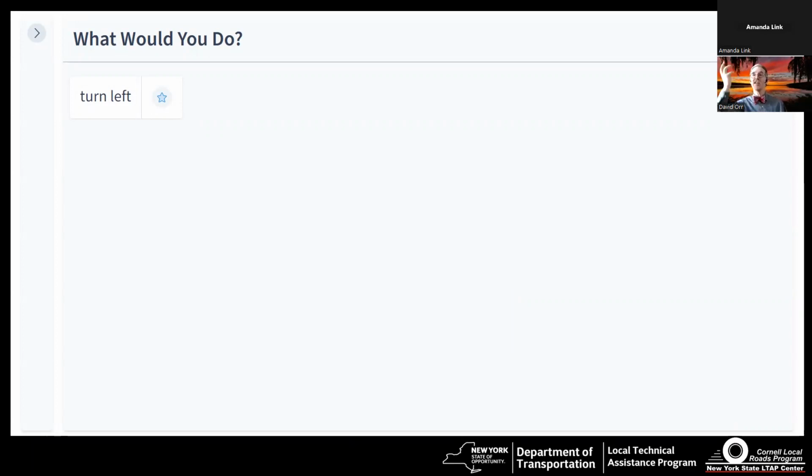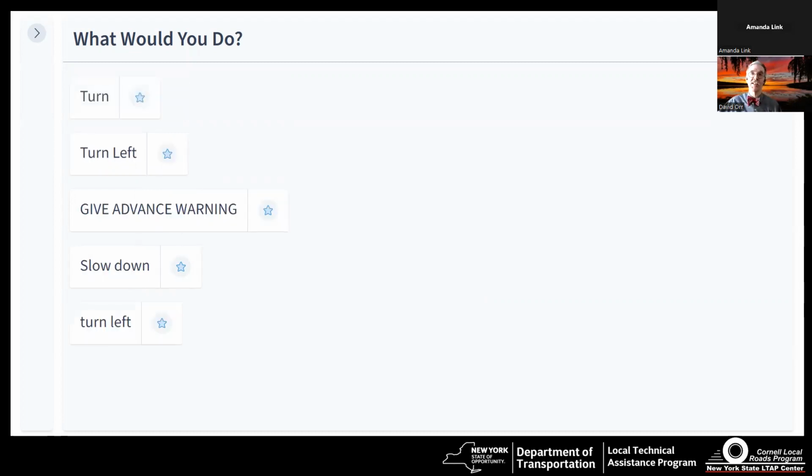So you would turn left, okay? Yeah, people, you'd slow down. You'd like, what the heck is going on? You'd slow down, okay? You turn left, okay? So most of you would turn left. You hope they gave some advance warning. They did not in this particular one many years ago. They did a better job the last time they worked on this bridge.